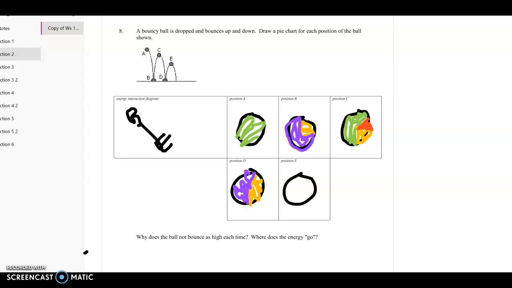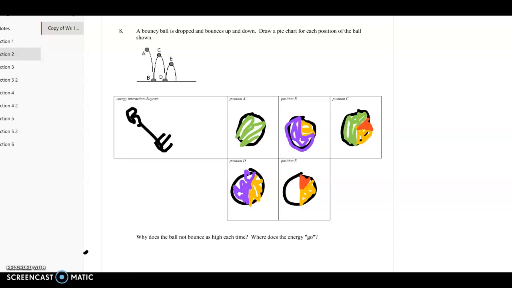I'm not really sure how fast it's going there. Now we're kind of guessing. We do know that it's still moving forward there. We do know that the thermal, I think, probably hasn't changed because we said no air resistance. If it was in real life, there would be air resistance. So I'm going to kind of make the thermal be the same as it was here. It changes from here to here because there's a hit with the ground